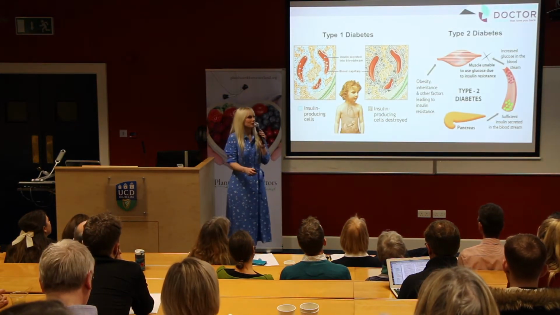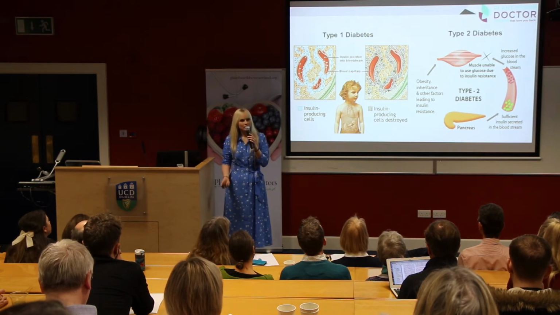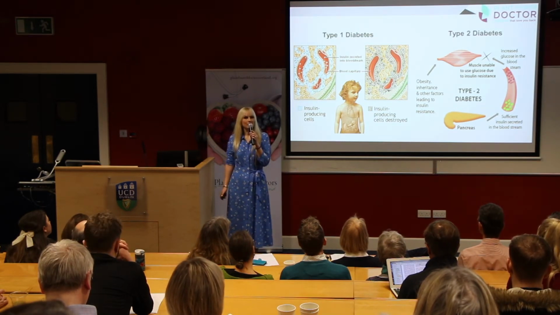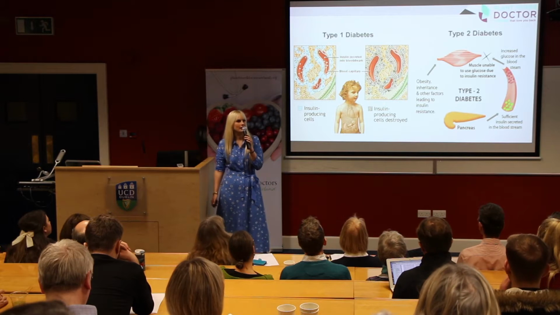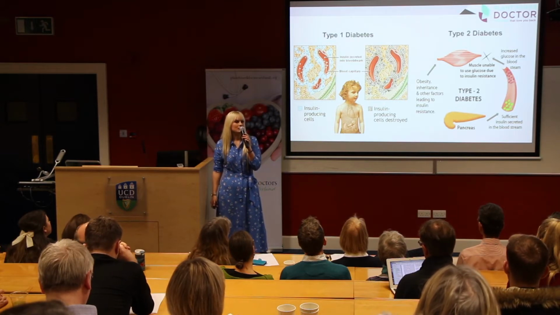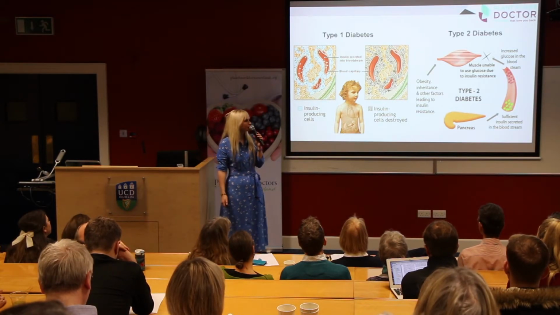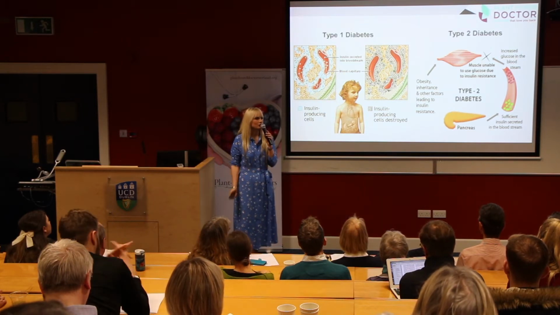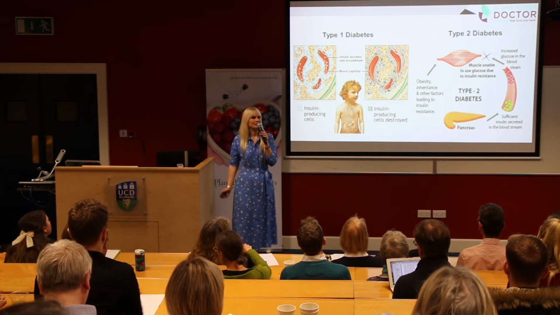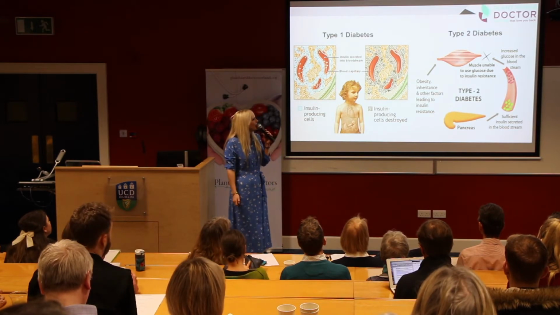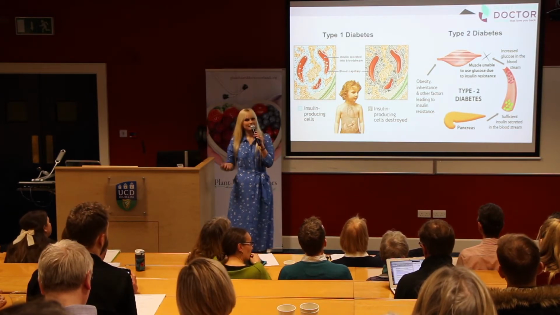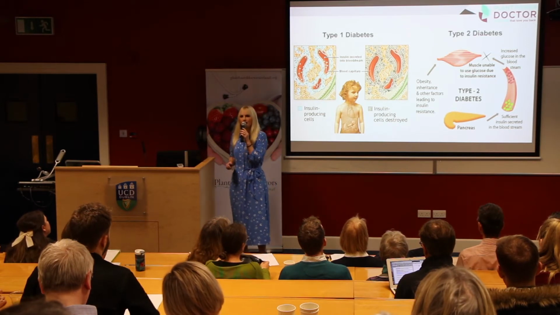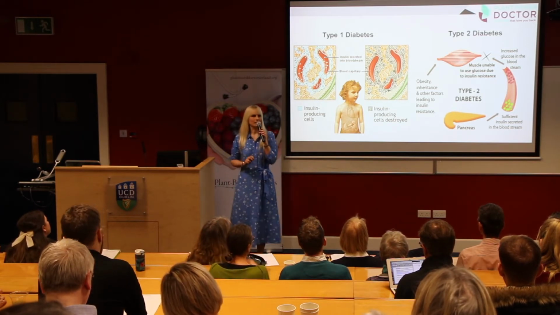You've got type 1, you've got type 2. Type 1, as you know, does have genetic components, HLA genotypes, but it is essentially an autoimmune disease. So, you have some sort of environmental trigger, which then leads those of you who are genetically susceptible to develop diabetes. Type 2, again, it does have strong genetic links, but overwhelmingly, lifestyle plays the biggest factor as